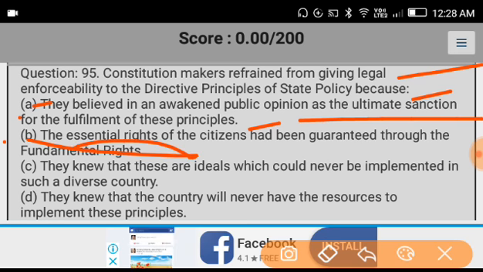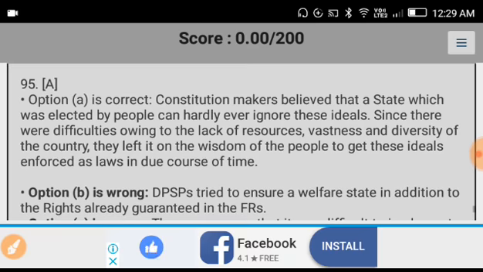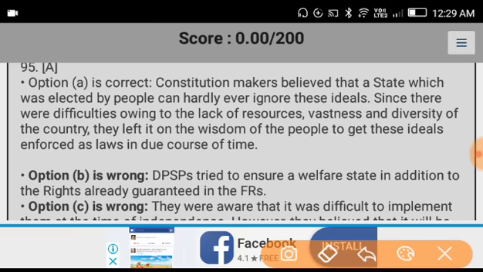No, it is wrong. And they knew that these are ideals which could never be implemented. No, it is wrong. They knew that the country will never have the resources to implement these principles. No, it is wrong. So our answer is only A. Option A is correct. The Constitution makers believed that a state elected by the people can hardly ignore these